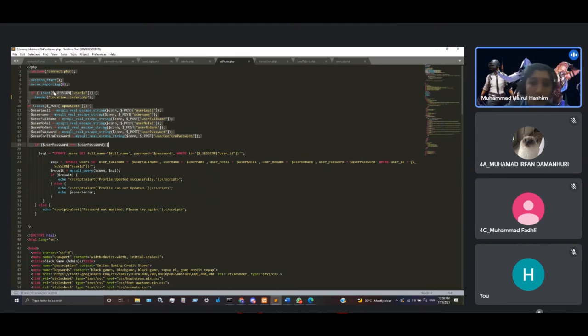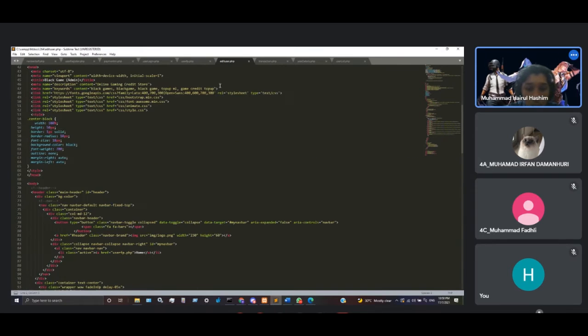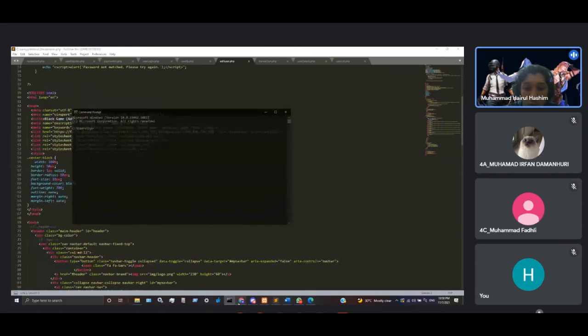So the coding of edit.php. I include connect.php, start the session, and enable error reporting. If the user ID is not set, meaning the user is not logged in, it will go back to index.php, the home page. So if the update button is set, which is the update button that I showed you,